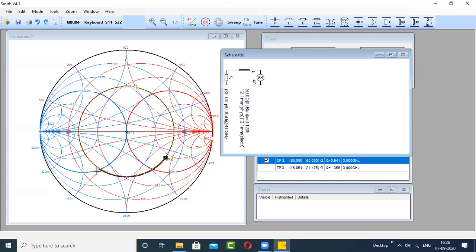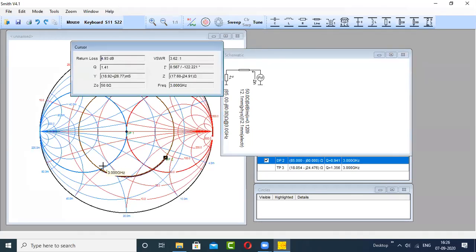Now after this, you have to move to the center of the Smith chart. So as I said, keep the cursor at this intersection point, the intersection of the SWR circle and this conductance circle. You can see that in the Y box and in the Z box, the imaginary term is there. And you can see the VSWR and reflection coefficient. VSWR is 3.5. Reflection coefficient is 0.5. And our goal is to get SWR 1 and reflection coefficient 0. So for that, we have to move to the center of the Smith chart.